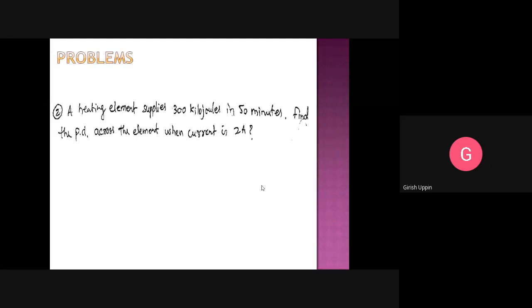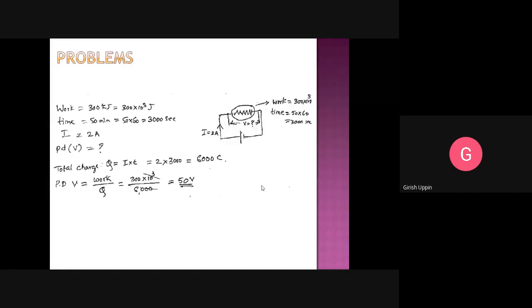Whatever formulas you have learned so far, if you apply those, from DC circuits, basically you can think about whatever relations we have studied so far. V is equal to IR and other flavors. P is equal to VI and other flavors. And energy is equal to power into time. Those formulas are sufficient. You need not remember the other formulas.